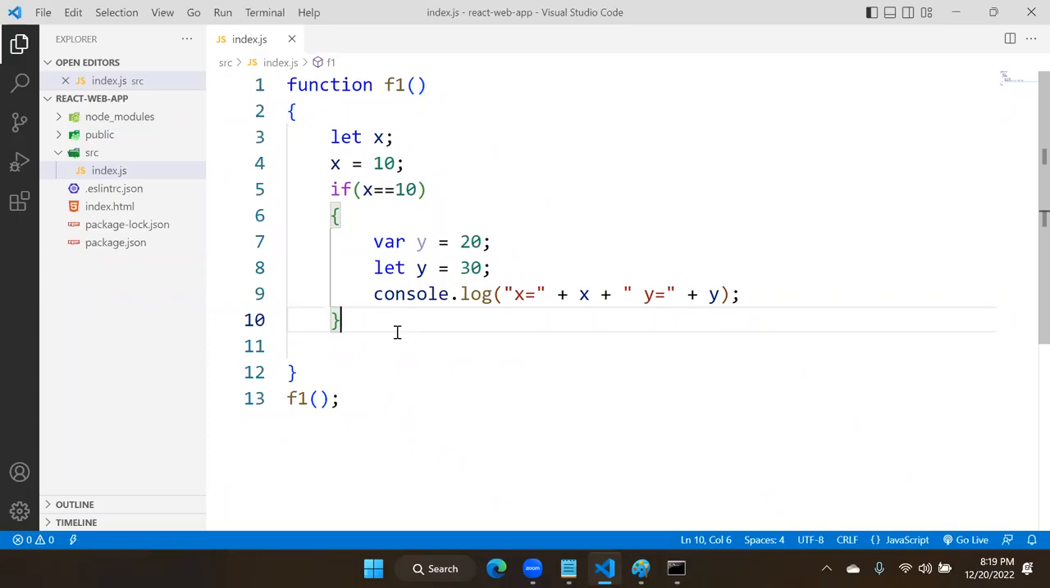Is it possible? No, not possible. Why is it not possible? Because it is not looking at which keyword is used to declare. It is looking at whether the name of the variable is already taken or not. That means if let has to declare a variable, that name should not be taken by anybody with any keyword,